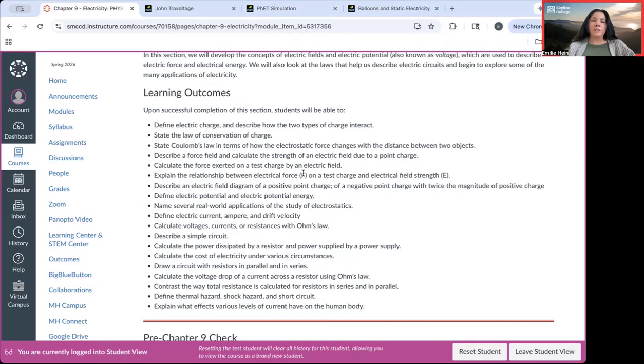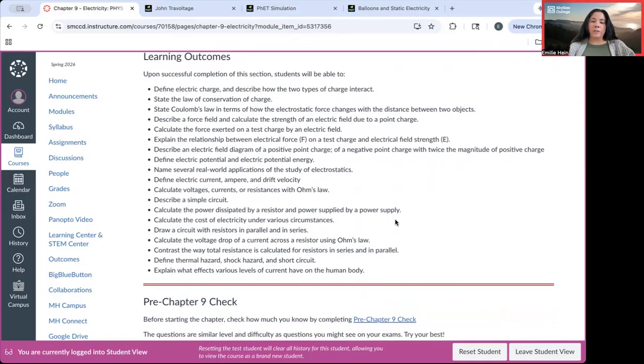So from these concepts of electrostatic force and electric fields, we're going to see how the concept of current emerges, and essentially looking at some simple circuits, how we can build simple circuits, and also